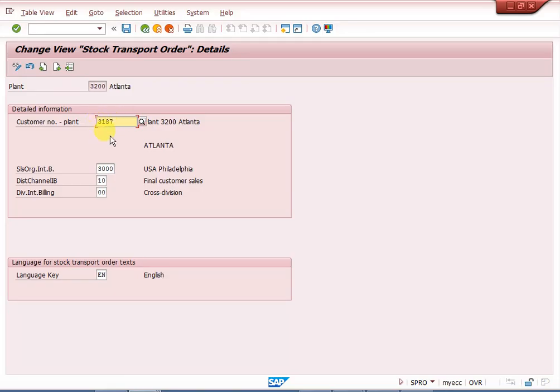This is mandatory. You can think opposite. If we are sending goods from 3200 to 3000, in that case this is mandatory and here it is not mandatory. There customer is mandatory. Delivering plant level sales area is mandatory, receiving plant level customer is mandatory. Based on that system will fix customer.